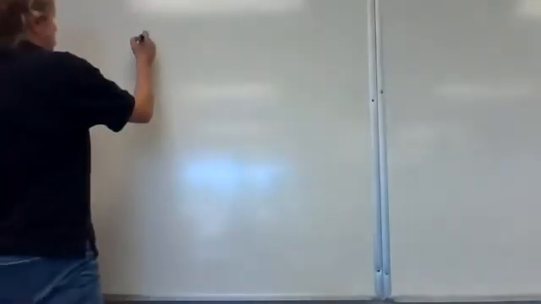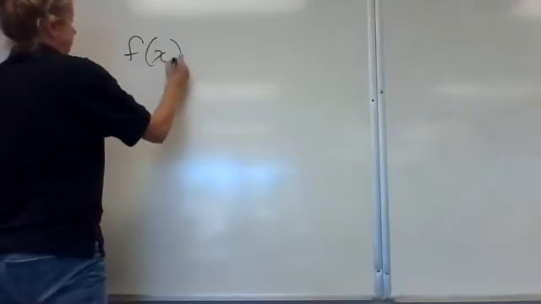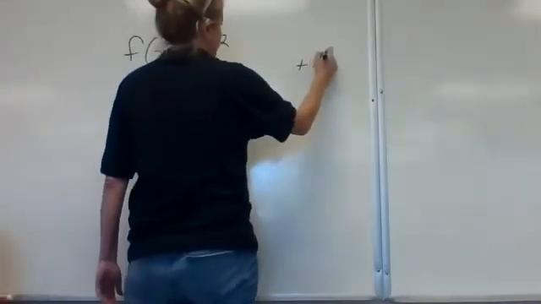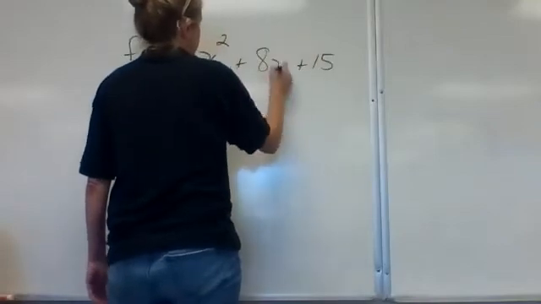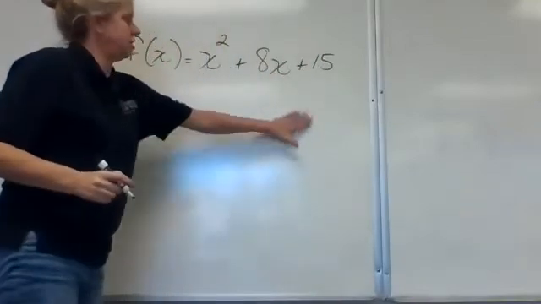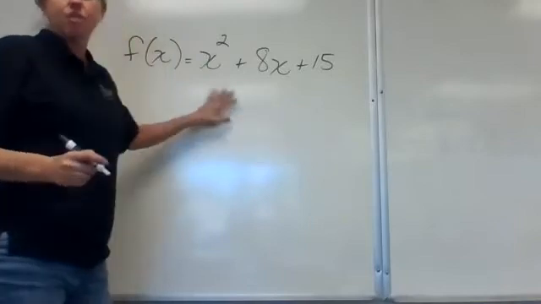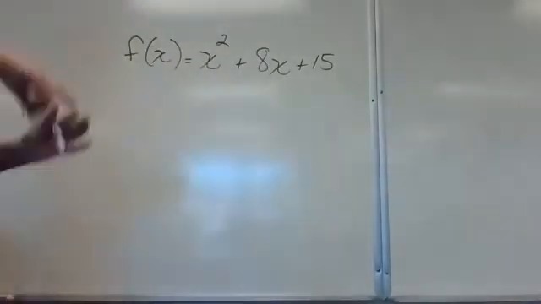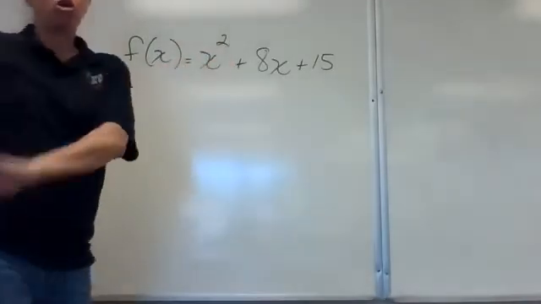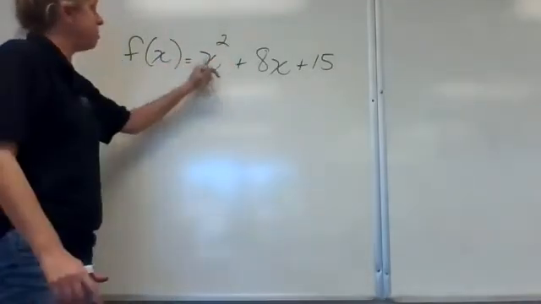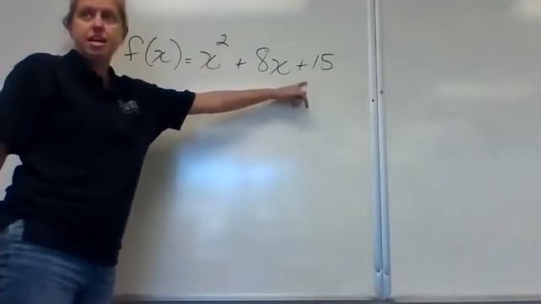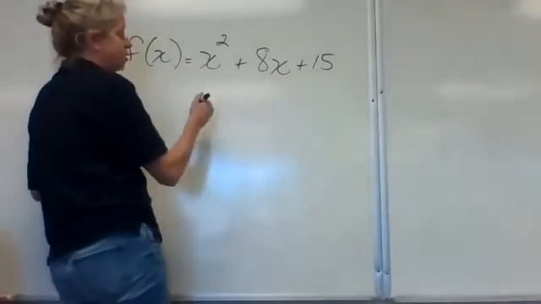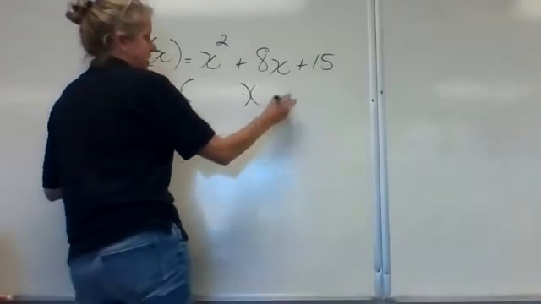If we were given a function, let's just say this function, and asked to find the zeros of it or the x-intercepts of this function, we could have, since it was x squared, gone to our quad program and put in the a, b, and c to get the solutions, or we could have put this in factored form. If I factored this,